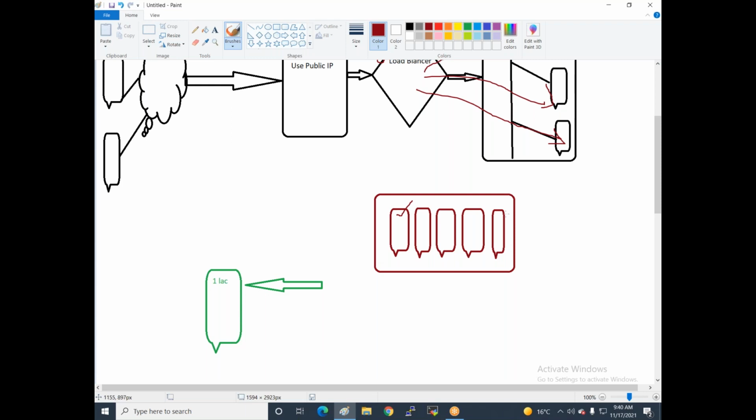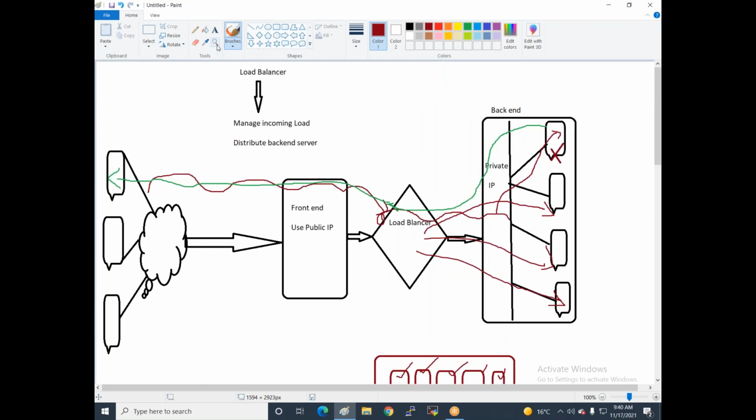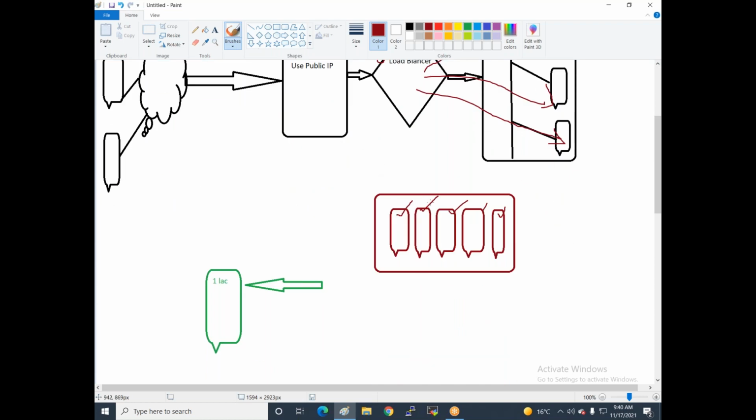Got my point? Got it. But I'm running all 5 servers, which means an extra burden or extra cost. So yes, this is one drawback of this infrastructure. Basically, before cloud, when companies used a load balancer, this was a drawback: the company completely used fixed servers. So how do we control the cost? There is one more challenge: I'm using 5 servers, but if the load coming is more than 10 lakhs, then again this network crashes.